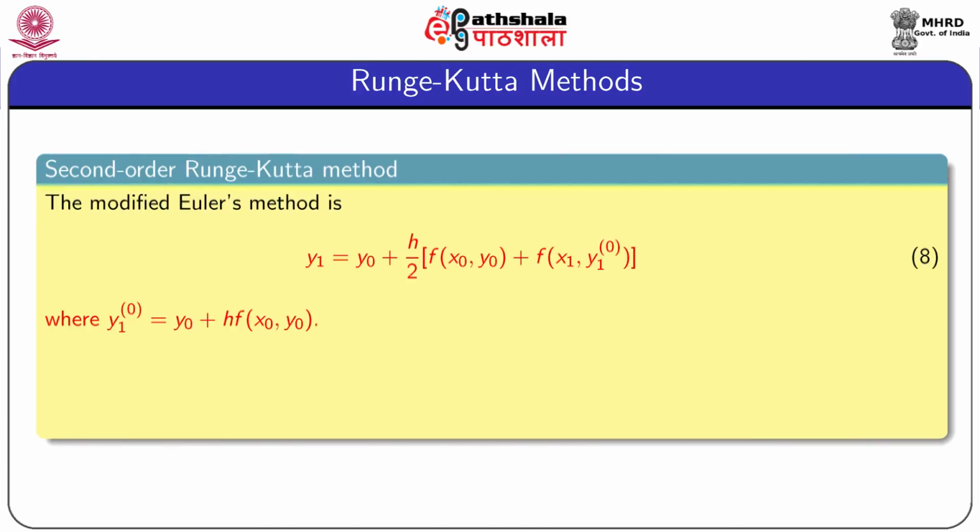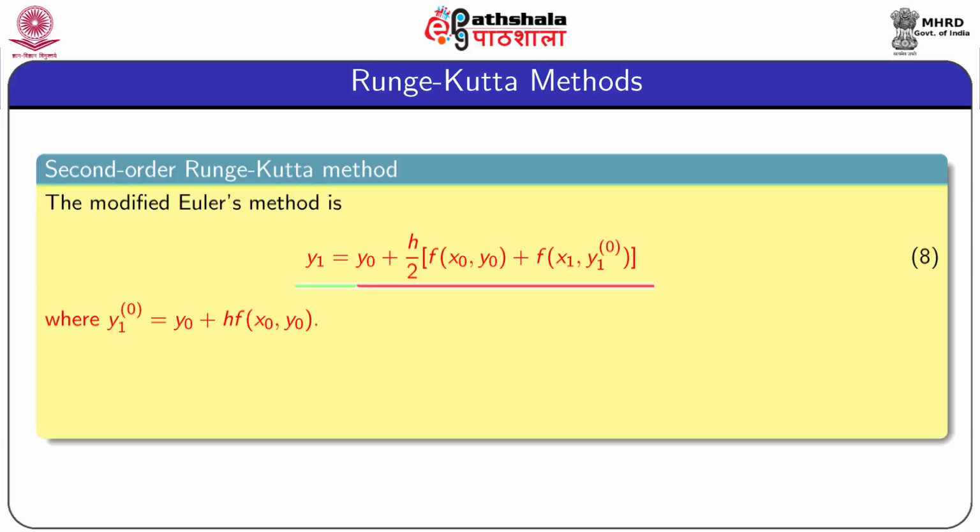Now, we consider another important method, the first of the Runge-Kutta methods, which is the second order Runge-Kutta method. This is a very simple method to get the solution of a first order ordinary differential equation. Now, we deduce this method from the modified Euler's method. The modified Euler's method is this one, given by equation number 8,